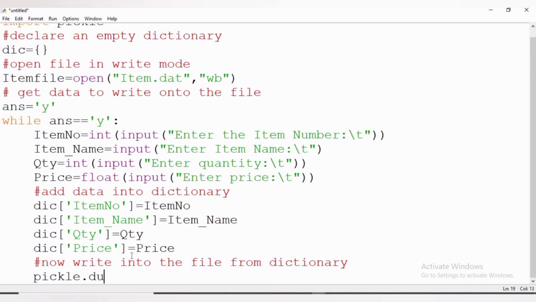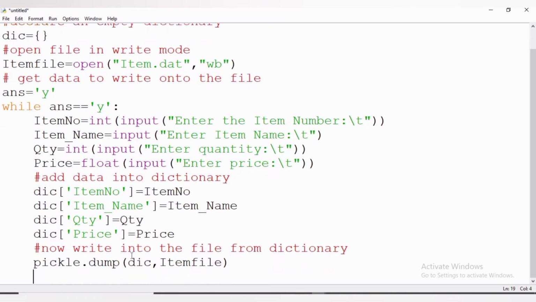To write an object onto a binary file opened in write mode, we should use the dump function of the pickle module. Here the syntax is pickle.dump(object to be written, file handle of open file).